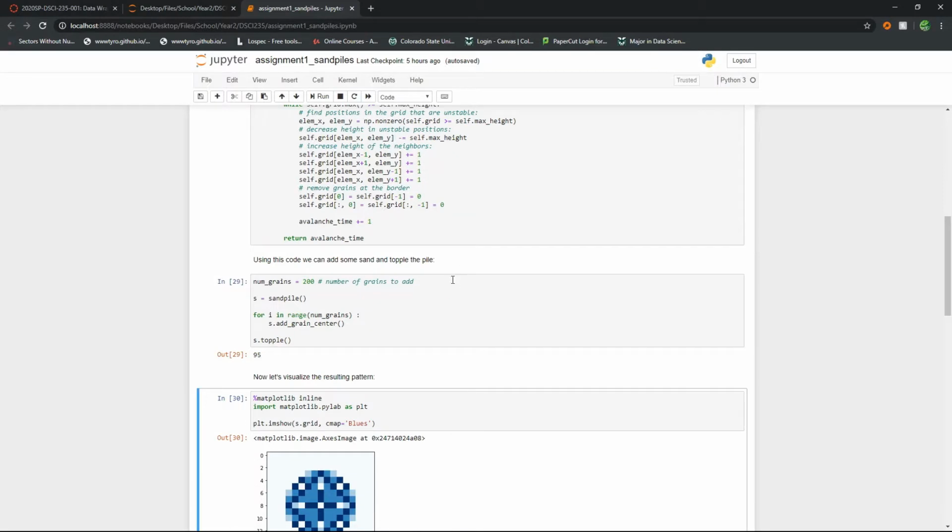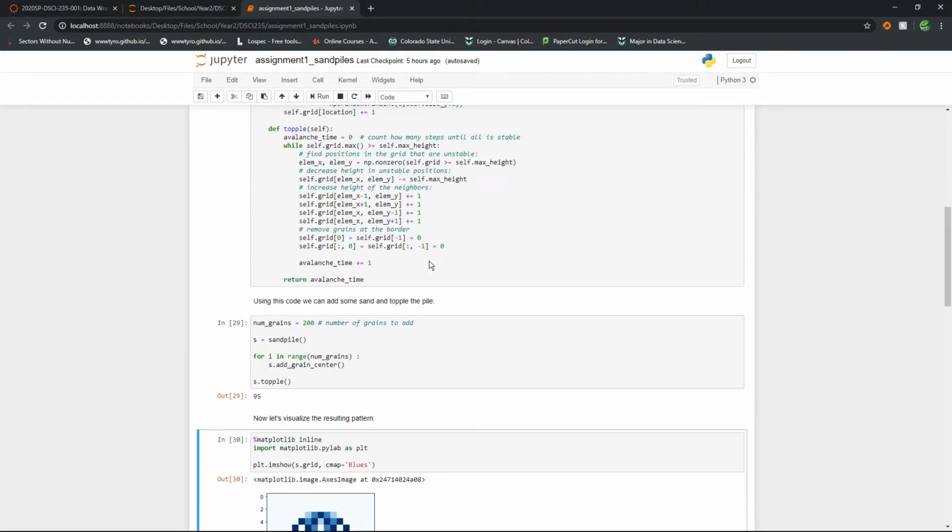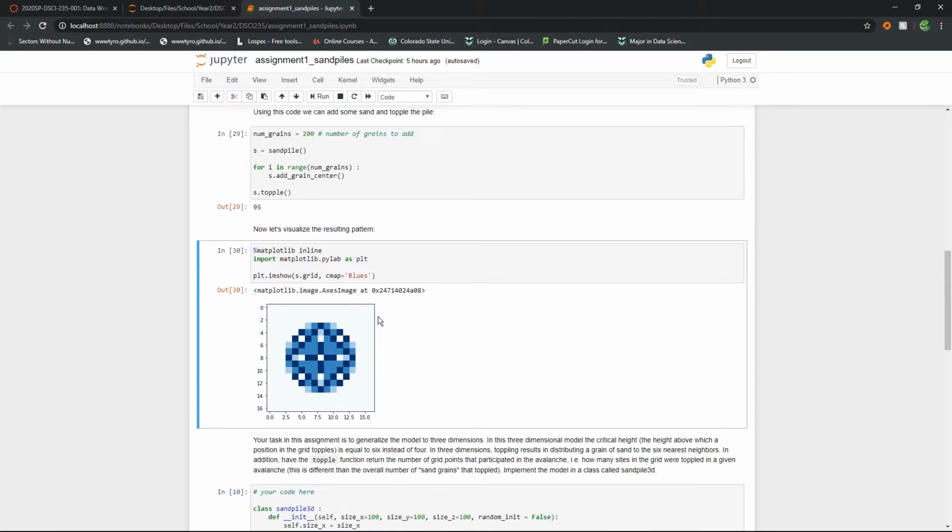If it's above a certain height, then that sand is going to fall over into tiles adjacent to it. You can see here I've already run it, and what I have here is a graph of what the sand would look like